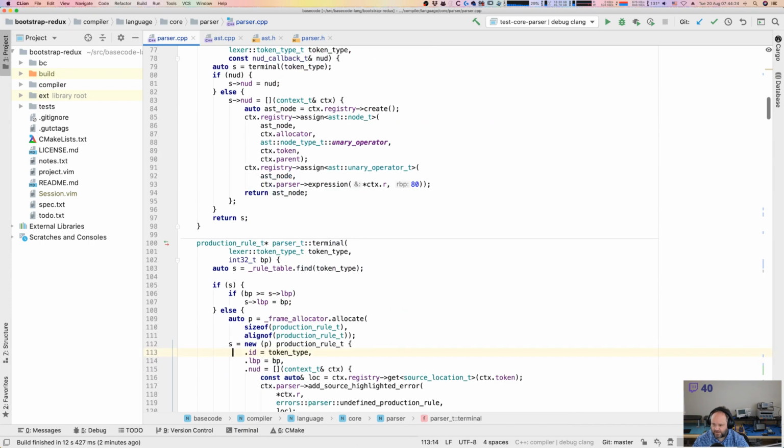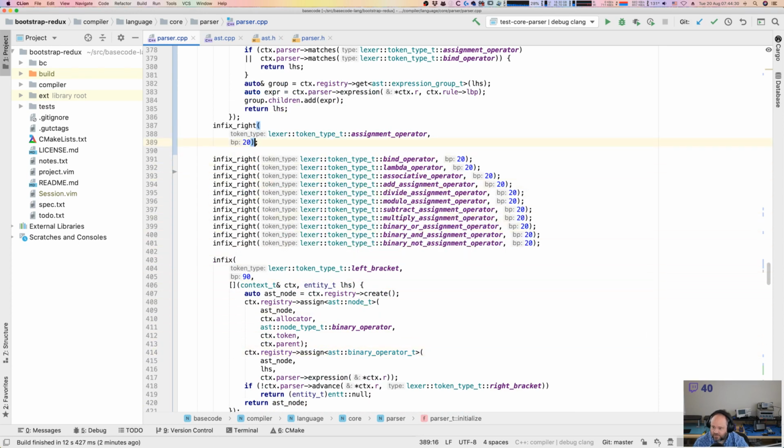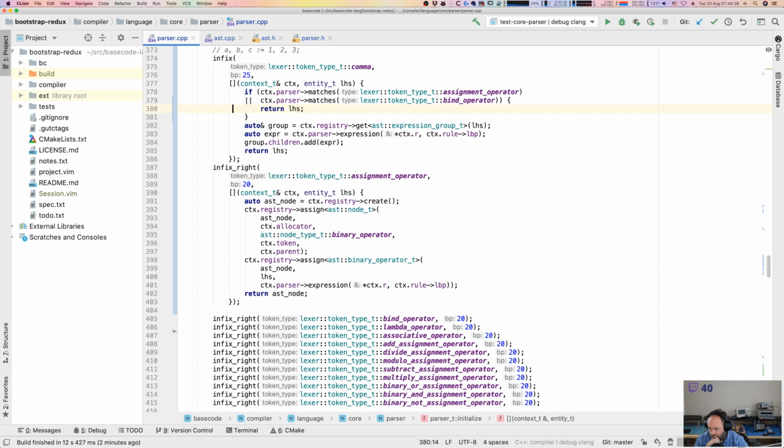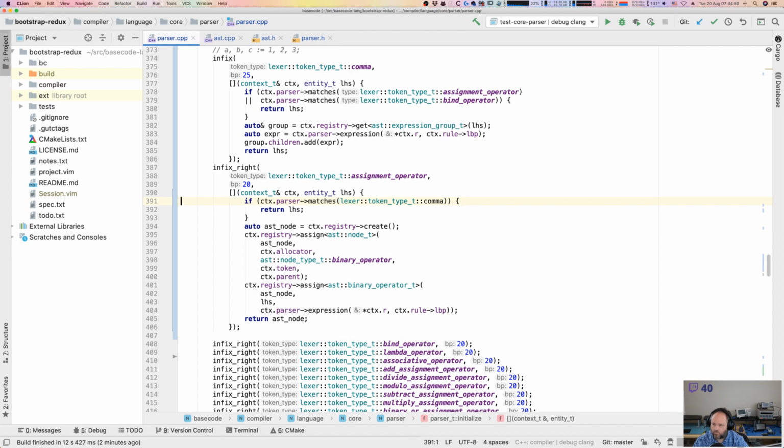So we almost want exactly what we have, with just a little tweak. So we want the inverse. So if it's an assignment, we don't want it to greedily absorb commas. We want it to skip them. So